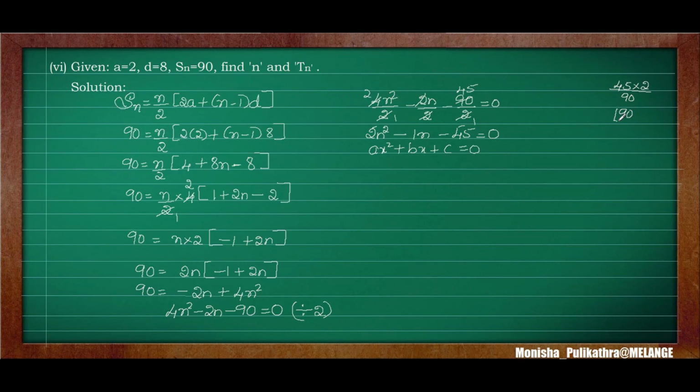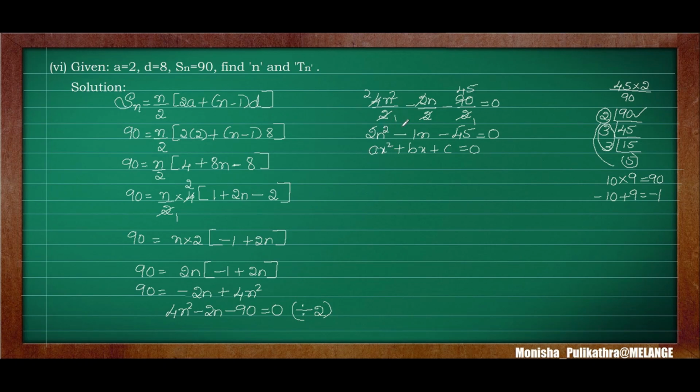For that we need to take the LCM of this. 2 45s are 90, 3 1s are 3, 3 5s are 15. Next we need to group it in a form so that we get this middle term and this 90. See here, 3 3s are 9, 5 into 2 is 10, that is 10 into 9. 10 nines are 90. So we get minus 10 and plus 9, and minus 10 plus 9 is minus 1. So the two numbers are 10 and 9.